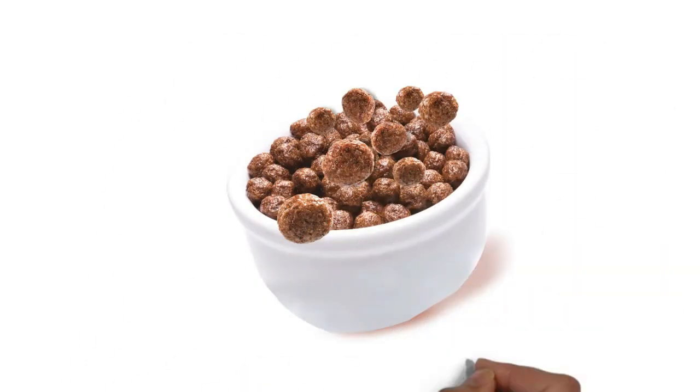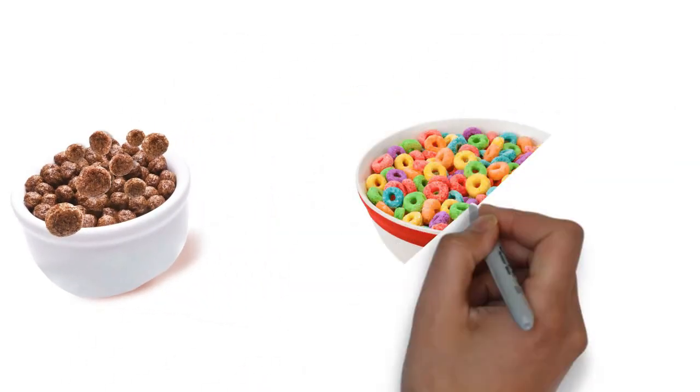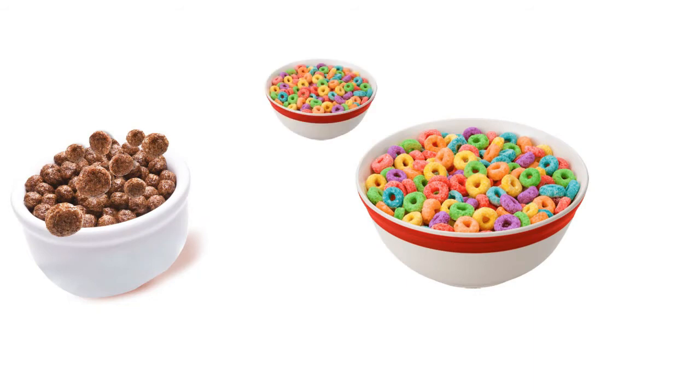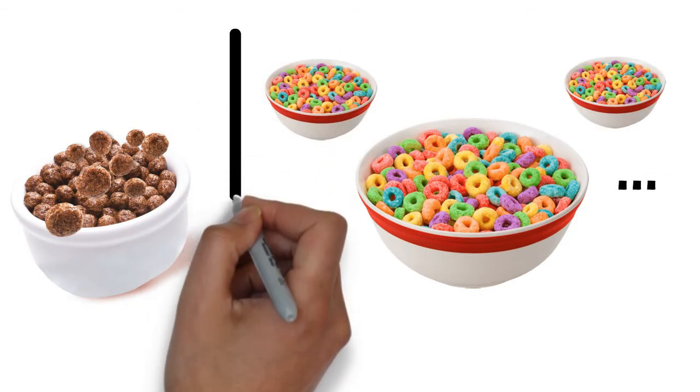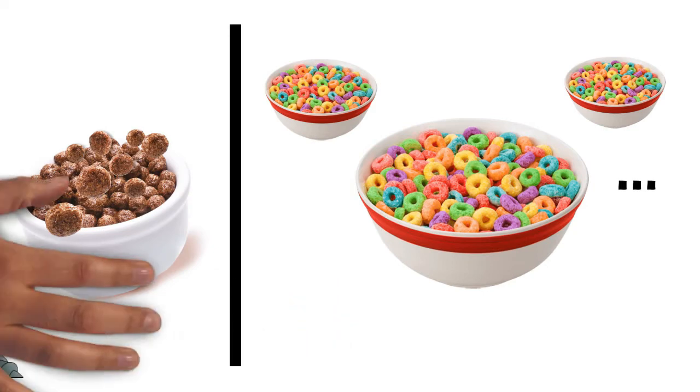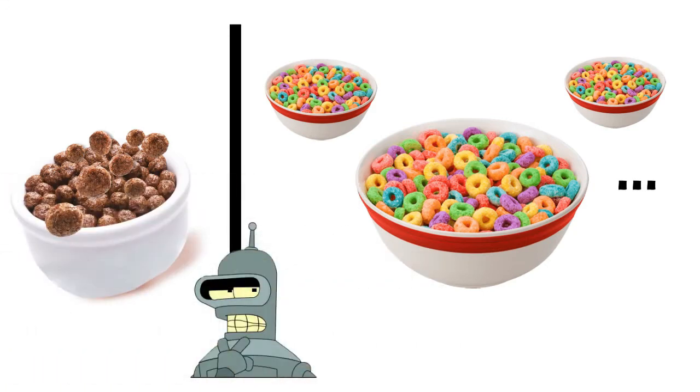Suppose we have a regular bowl of cereal and a bowl of cereal that loops and loops and loops and keeps looping infinitely. Can a program differentiate between the two? This might seem like a trivial task at the surface, but at its core lies one of the most important